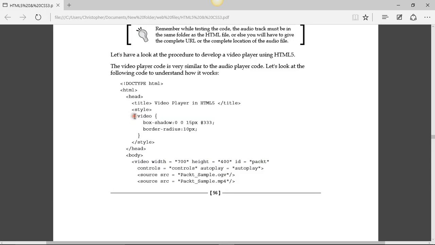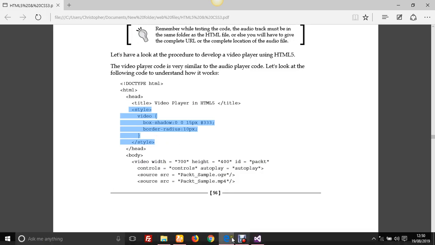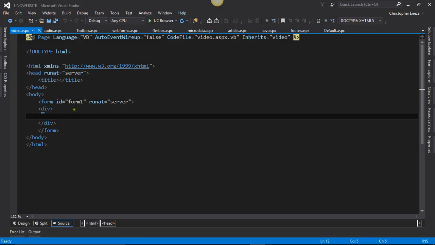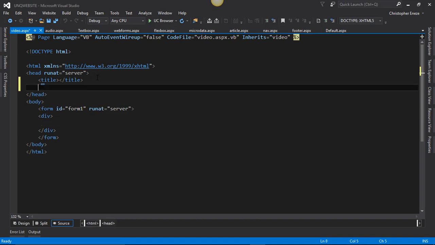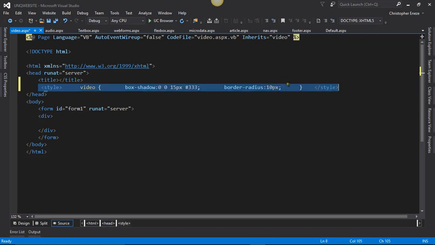So what I will do is that I'll copy the style, just the style, and I'll put it in the header or in the head. I can format section,